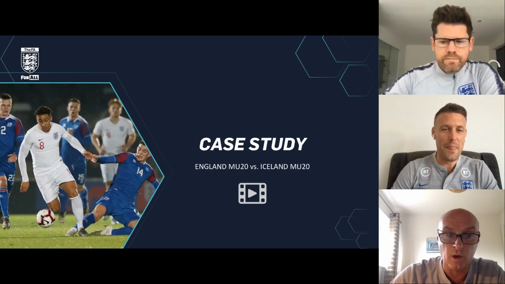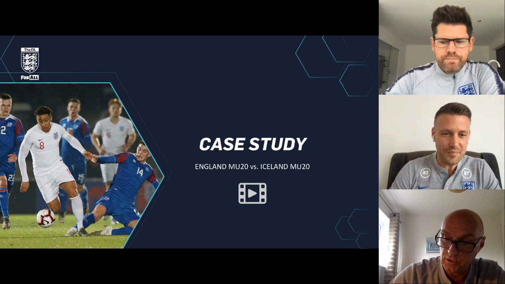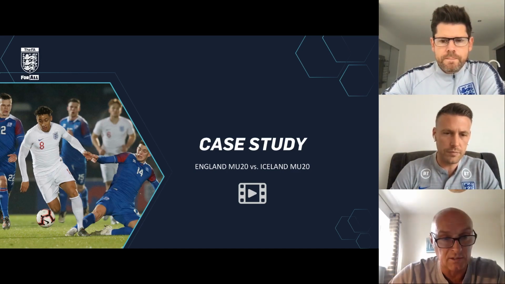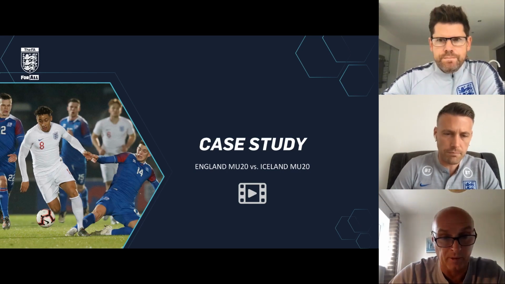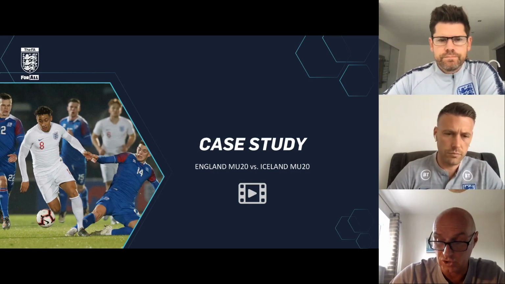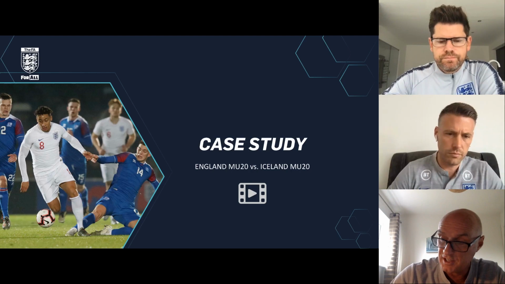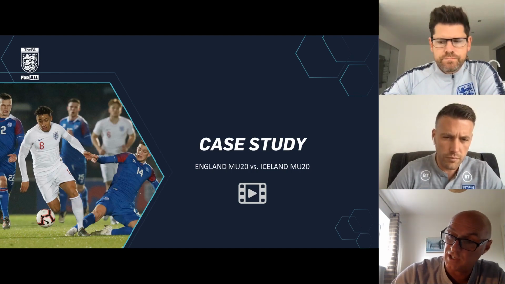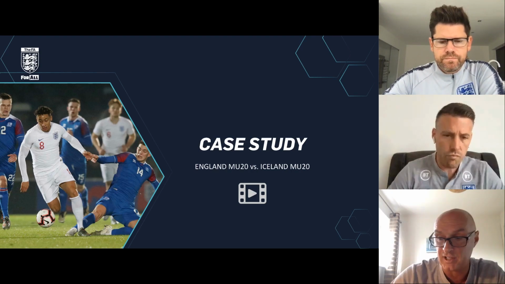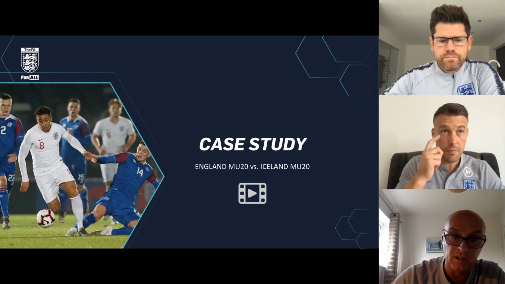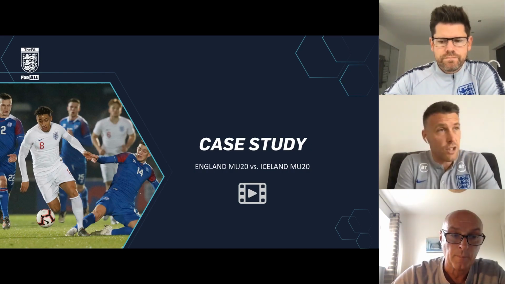Is there ever a time, Rob, where you've said there that the wingers will go inside to create space in wide areas for fullbacks to overlap and try and overload in midfield? Is there ever a time where you send your fullbacks inside because you have a really good 1v1 winger who you want to try and isolate in 1v1 positions? Have you ever looked to play in that way? Yeah, it's not something that we've